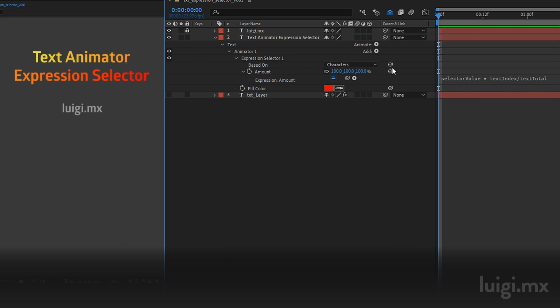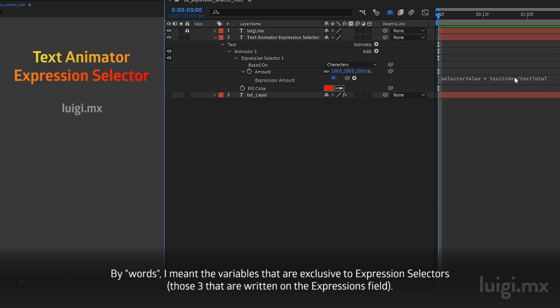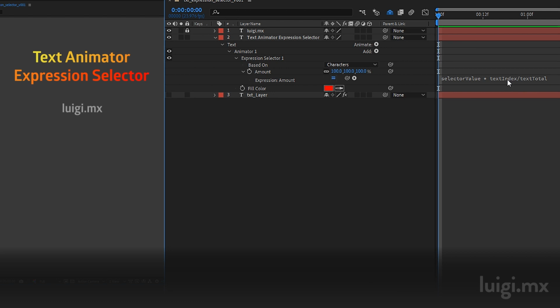But the thing about expression selectors is that you have to find a way to relate these words with your text. Especially this one, text index,